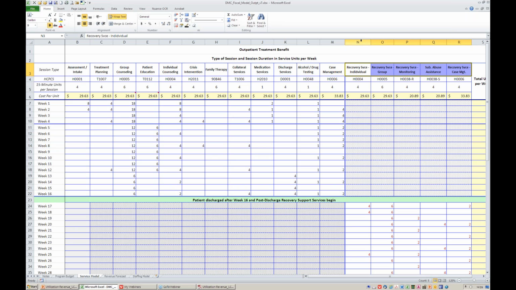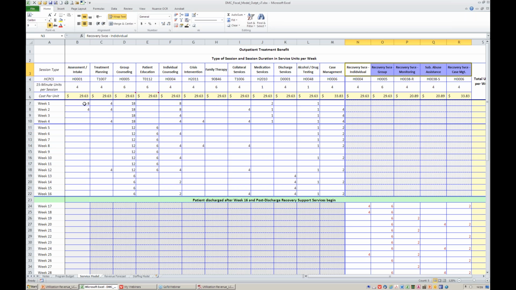Because this tends to operate or look like a separate program, even though you may have some of the same staff doing this. But anyway, looking at treatment, what I did is, I have to say fairly arbitrarily, plugged in numbers here. So assessment or intake, that's 8 units in week 1,